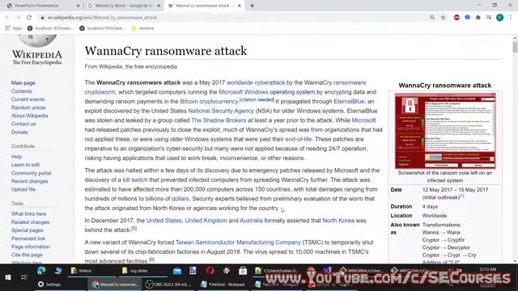The WannaCry ransomware attack was a May 2017 worldwide cyber attack by the WannaCry ransomware cryptoworm, which targeted computers running the Microsoft Windows operating system by encrypting data and demanding ransom payments in the Bitcoin cryptocurrency. It propagated through EternalBlue, an exploit discovered by the United States National Security Agency (NSA) for older Windows systems. EternalBlue was stolen and leaked by a group called the Shadow Brokers at least a year prior